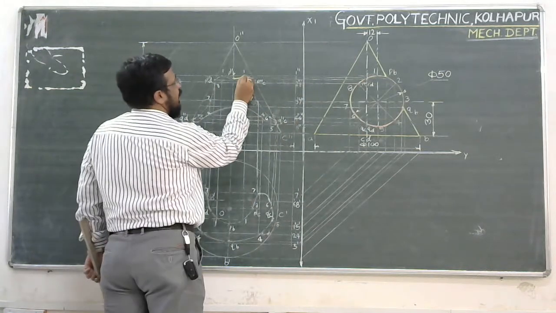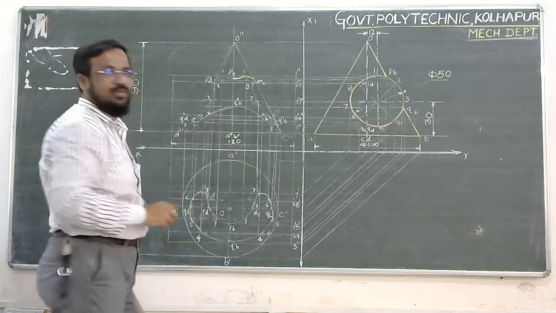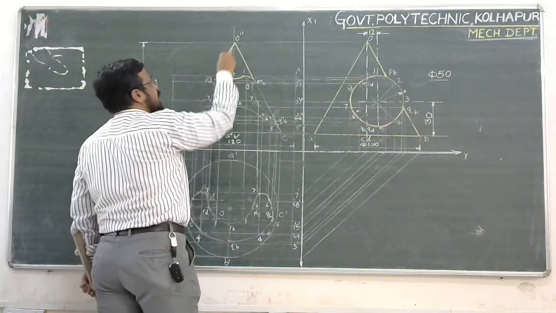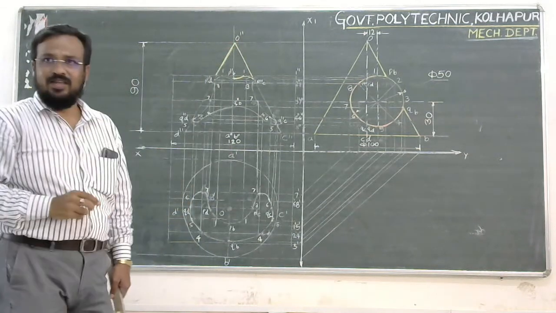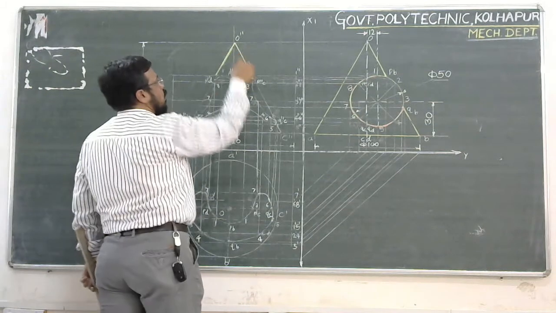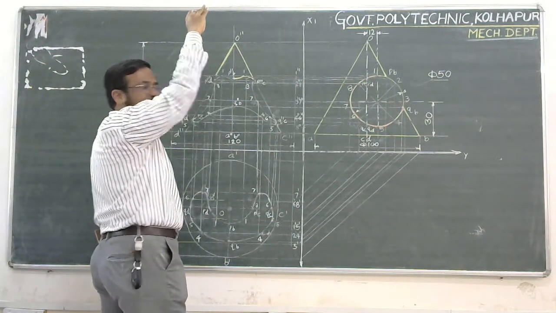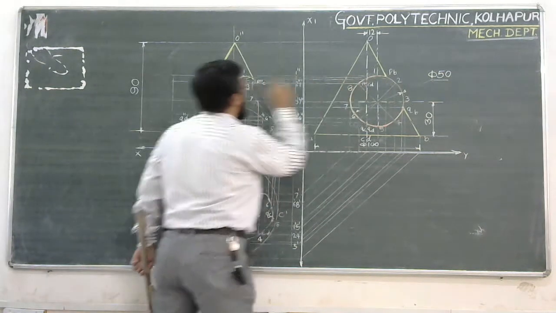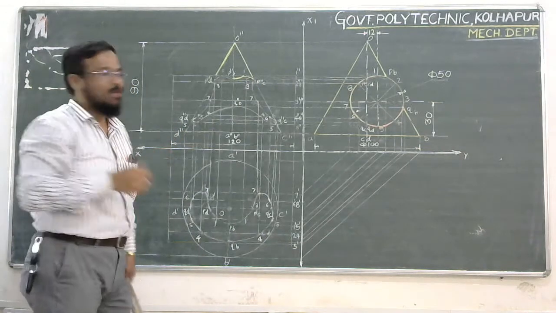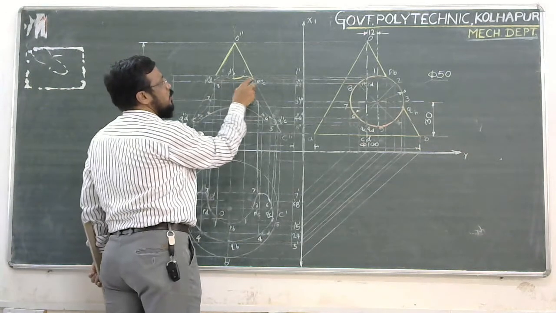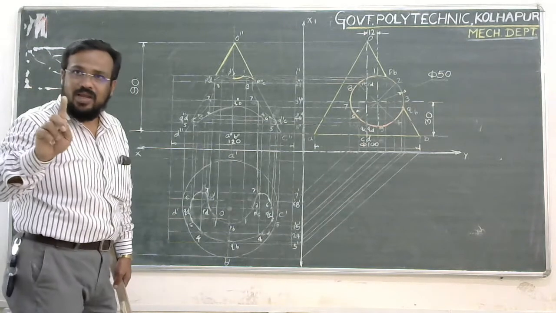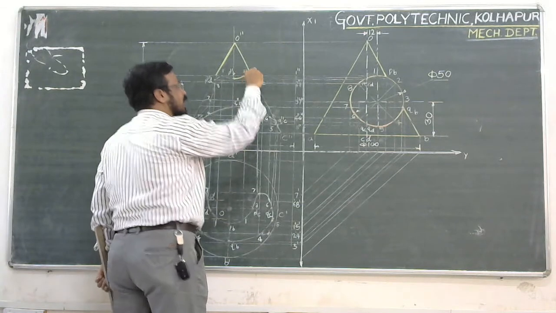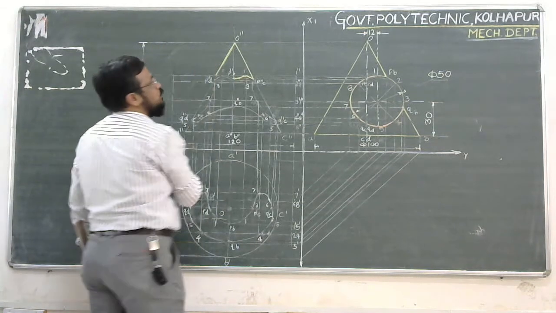But here, if I consider this dotted line, what will happen? See, this is the topmost portion of the pole which is already visible, and that is appearing in the form of a continuous line. Okay, so this part of the cone, which is the apex of the cone, is visible, that is in continuous form, and this part PB to 1 is visible, that is in continuous form. So definitely this dotted line, though it seems to be dotted, will never appear as dotted because this is a continuous line, this is a continuous line. So the continuous surface will be continued and it will join up to this point.